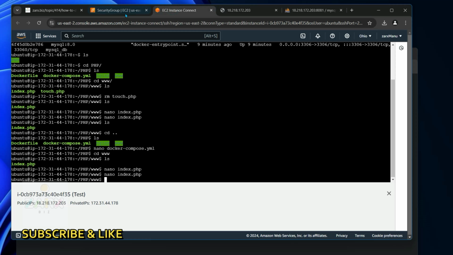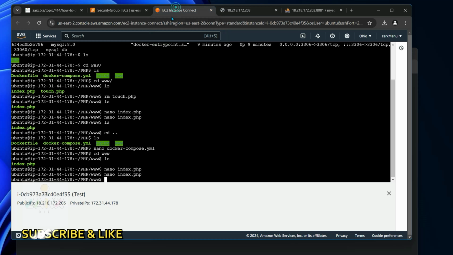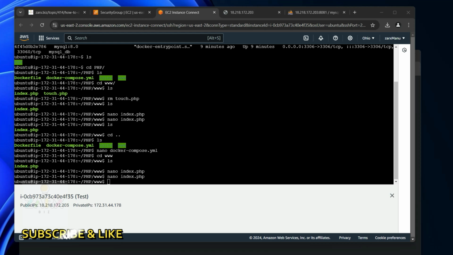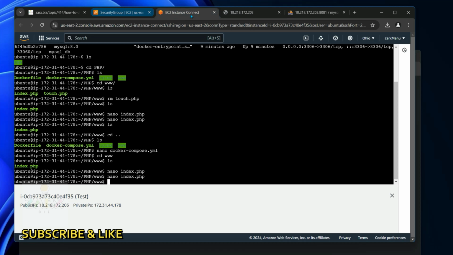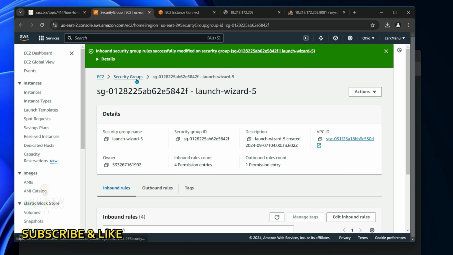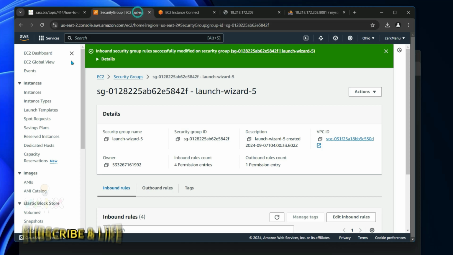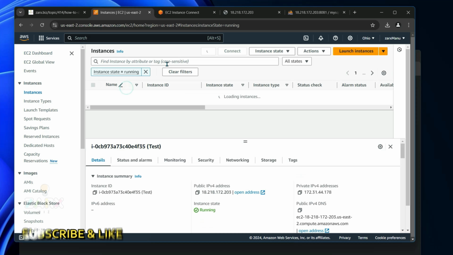Now if you change and reboot your container and your instance, you might lose the IP address. To make sure your IP address stays the same all the time, you need to make an elastic IP. When we run any application on the AWS instance, it gets an IP, but it is not a static IP, it's a dynamic IP. It can change. So if you reboot the instance, it can change there. So for example, I go back here, EC2 dashboard, instances, there is the